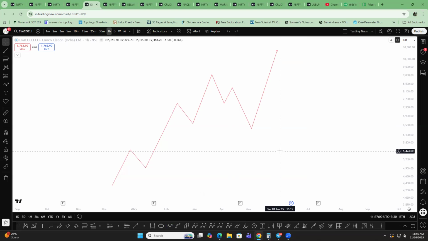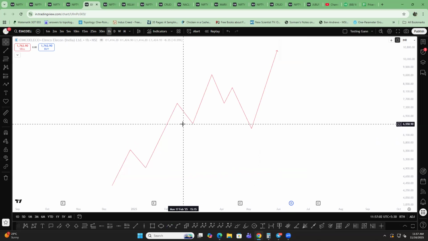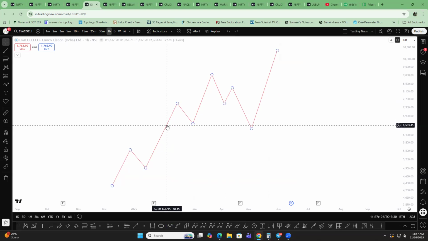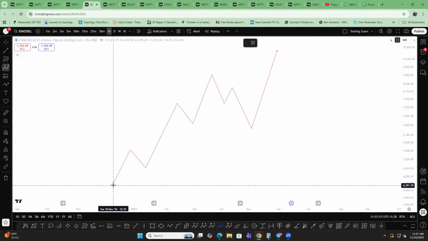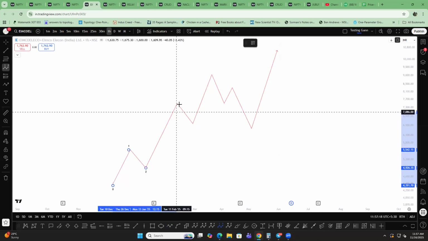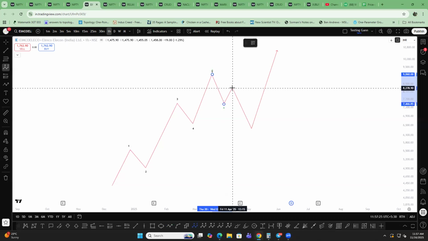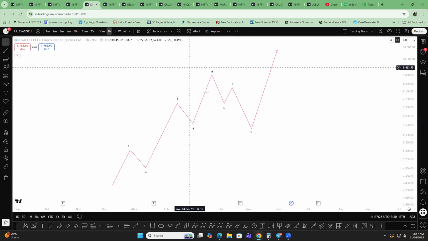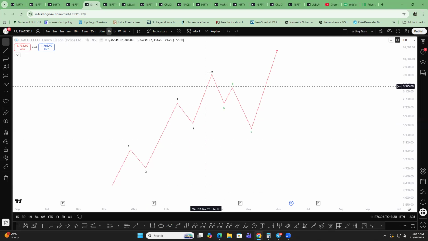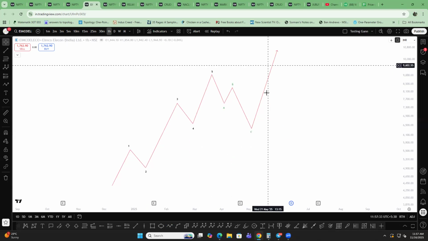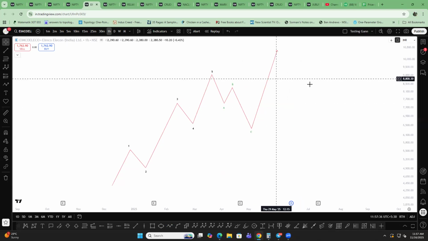You have already observed that. Now, there are some rules which you can find in any books on Elliott waves: wave 3 is the strongest wave. This is wave 3, and we mark it as 1, 2, 3, 4, and 5. Then an ABC correction, A, B, and C. So this is the complete Elliott wave cycle, 1, 2, 3, 4, 5, and ABC, and this structure repeats and repeats